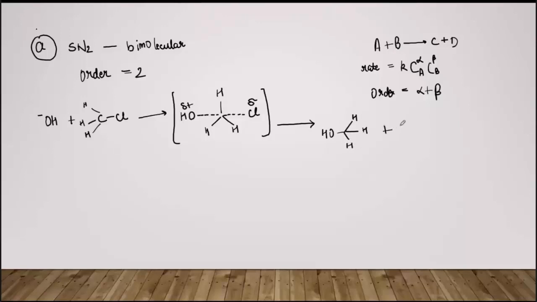This is the alcohol and this is the chloride ion. Okay, so we are getting the products as the alcohol and the halide ion. Now, whenever we see this mechanism, it seems that the reaction is taking place in 2 steps. ठीक है? पहले step में क्या हुआ कि the bond between the carbon and the halide ion is breaking down, and in the second step what we get is that the bond between the nucleophile and the carbon atom is